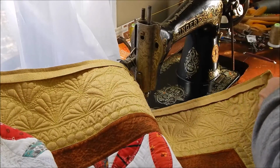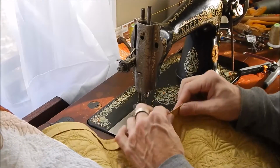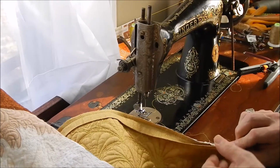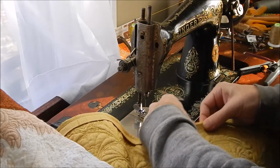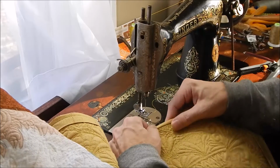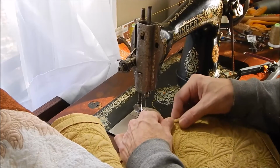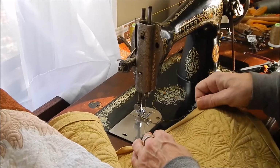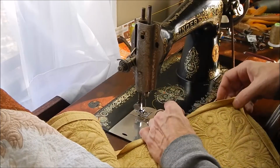So what I'll do is fold this around to the back and stitch it down, and that's how wide that binding will be. Pretty narrow. Because I didn't want it to look too